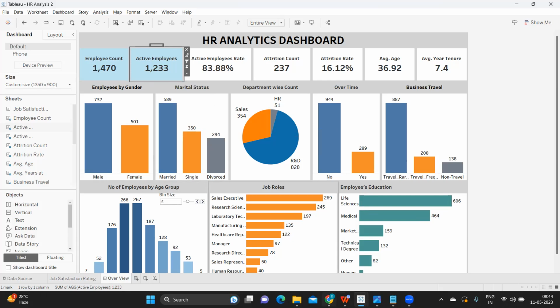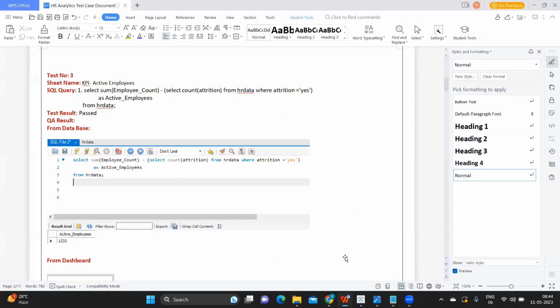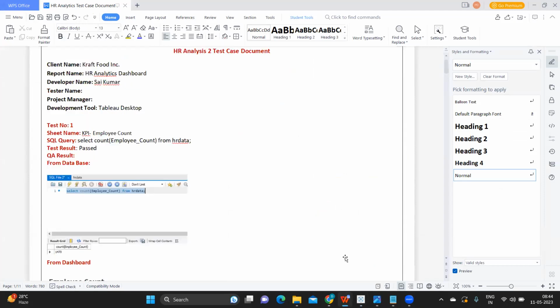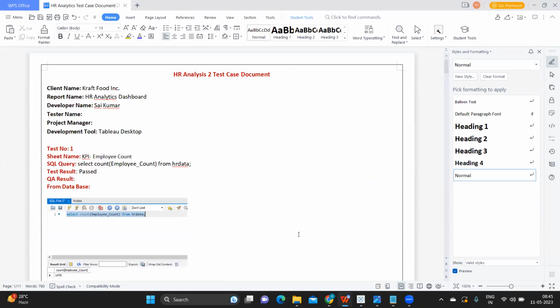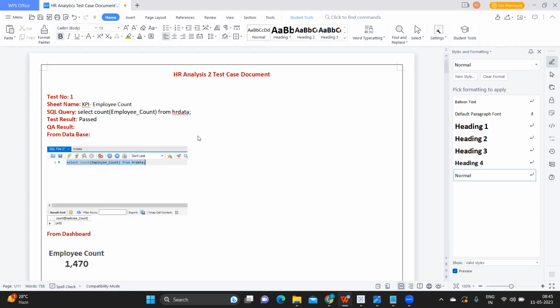So here is how our document looks like, if you see. Okay, so I'm creating a document called HR analysis test case document. Okay, so whatever you want. So this information here is optional, because anyhow you are creating it for your own project, so this is not required. But you can write here, like say in which